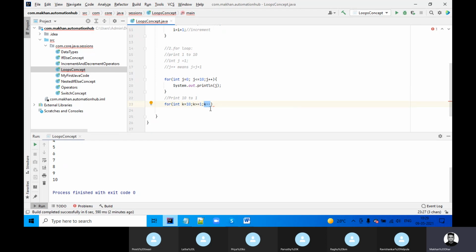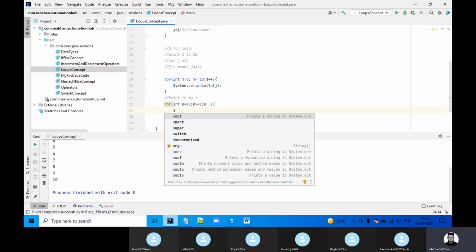Now I need it to go from 10 down to 0, or 1. Then we have to decrease the current value. It should first print 10, then 9, then 8, 7. So this is what we are decreasing.